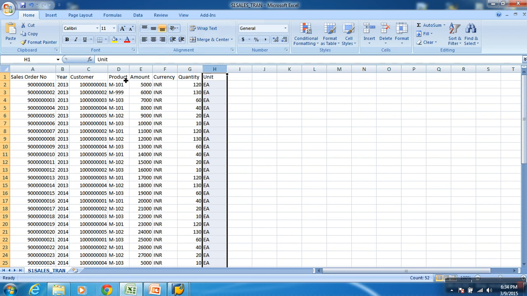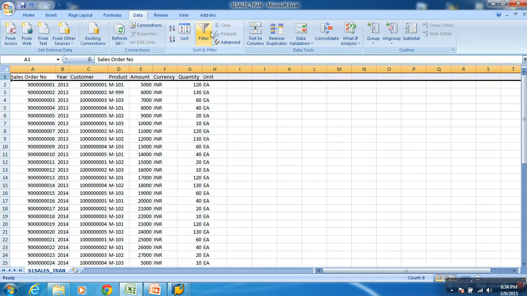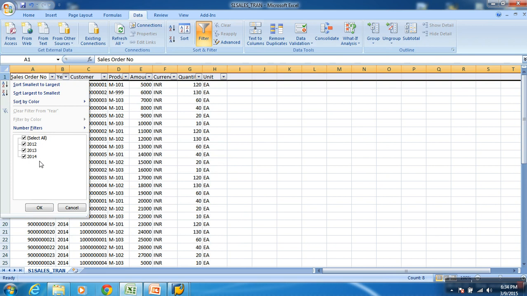So 8 columns. Let me start implementing a data warehousing application, and he has given me this data and he is expecting some report where he can analyze customers. He would like to analyze customer, product, and then he wants a trending report. If you see this, he's got data for 3 years here, 2012, 13, 14. For these customers, what was the revenue in 2012, what was in 2013. He wants to analyze those. So you want to do that reporting with this data. So we're trying to build a prototype for this user.